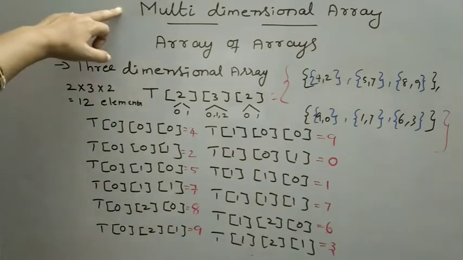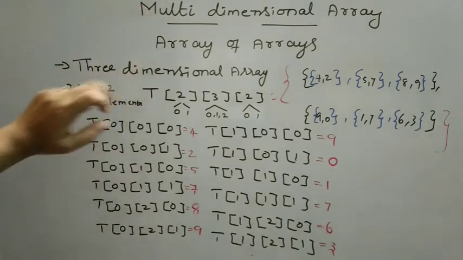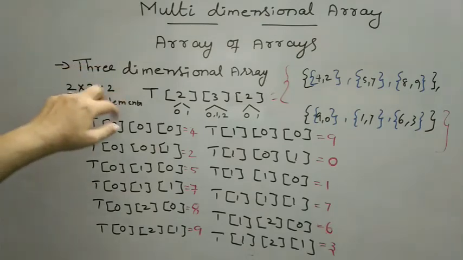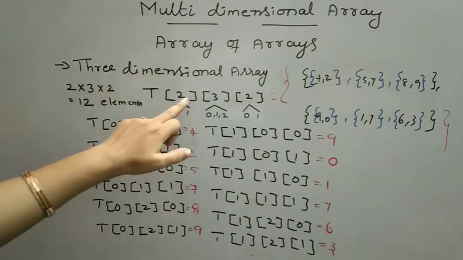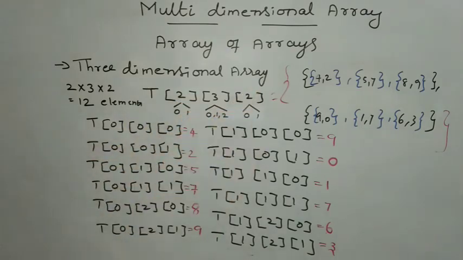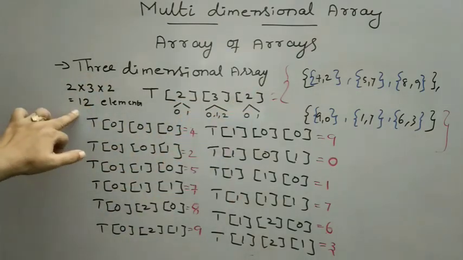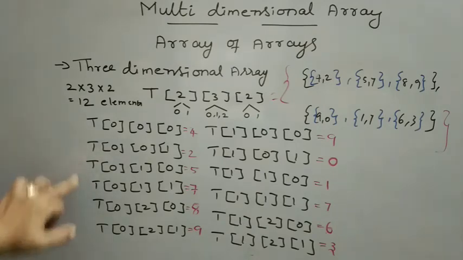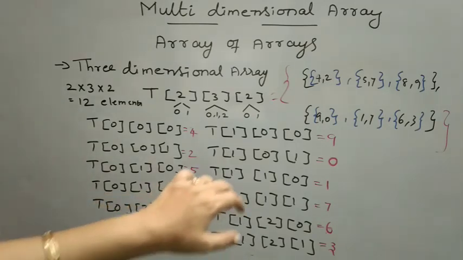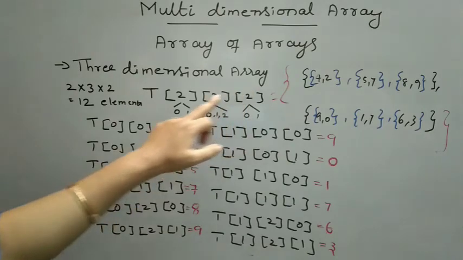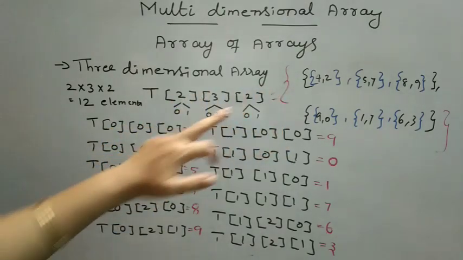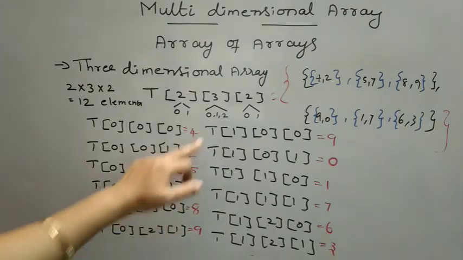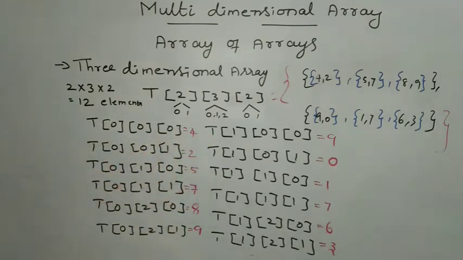Multi-dimensional arrays are arrays of arrays. When we have a 2-dimensional array, we have 2 dimensions. In the case of a 3-dimensional array, we have 3 different dimensions. First we need to find out the total number of elements. How to access the individual element? If we initialize values for this array, how to initialize the values, and how the initialized values are organized or assigned to the individual elements.